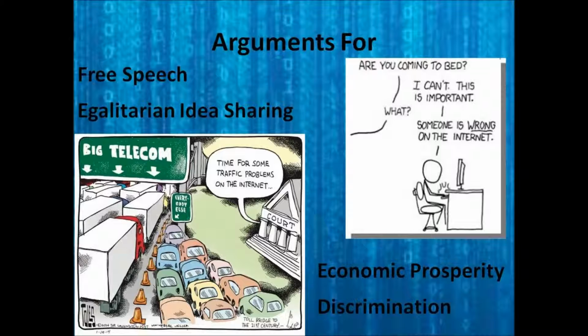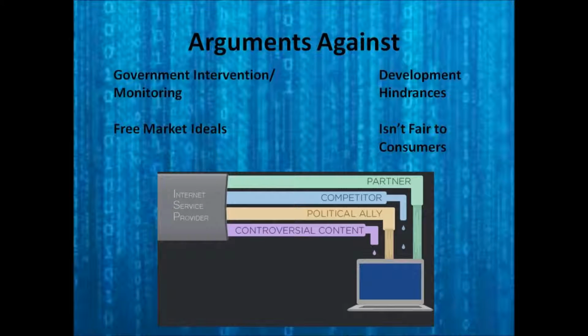Finally, there is a worry about discrimination. Who is it that is going to be provided special access and have their content distributed? Is it going to be people who simply provide more money, or is it also going to be politically and otherwise driven? These are some of the concerns that are also shared by the arguments against it. Specifically, that the other side of that coin, that government intervention will increase. Who is it that's going to be controlling this content?